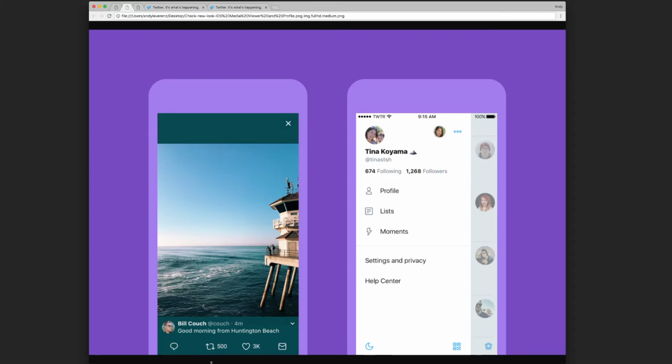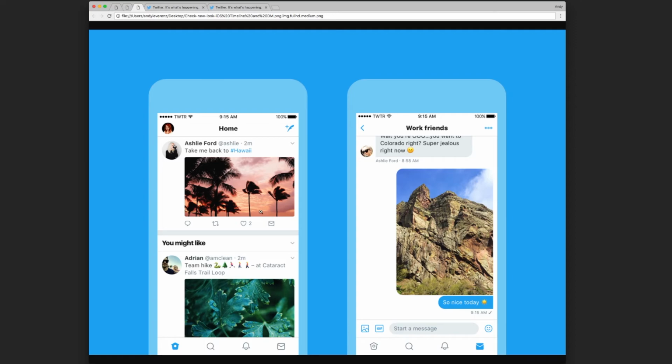So if you were to open a photo, I really like that they invert based on the content itself. So it goes to dark here, and again you see that comment icon as opposed to a reply looking icon, which is good. And then I have one more photo here of a feed, and like this big bold type, I really like